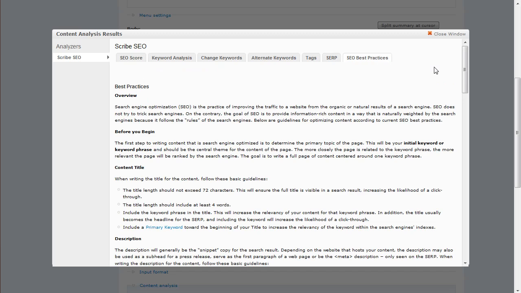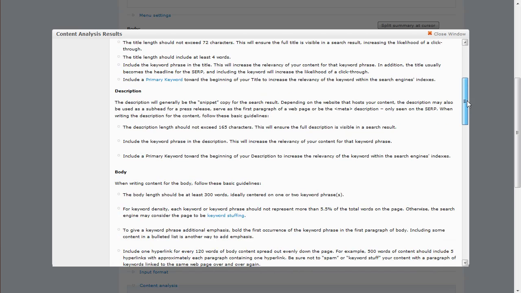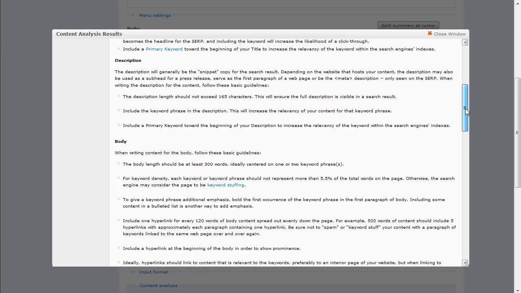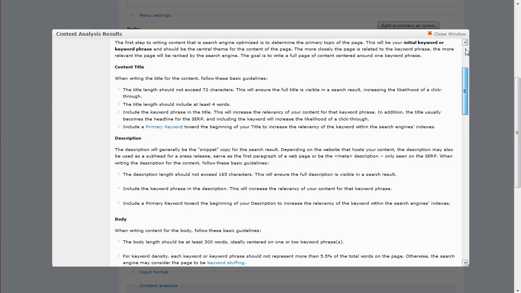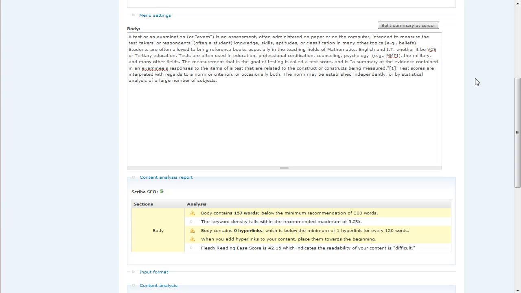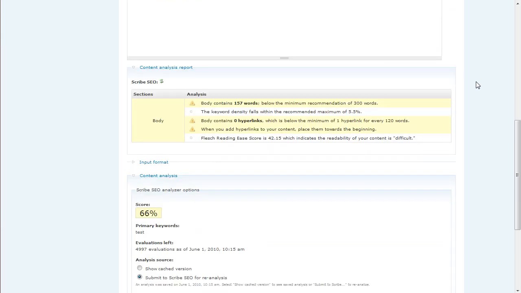And then really the last report is just some help. It's a set of best practices for how to do SEO, so you always have these at your fingertips, with some instructions that you can follow along with. Now when we close this window, what we see is there's actually some other things that have happened on the